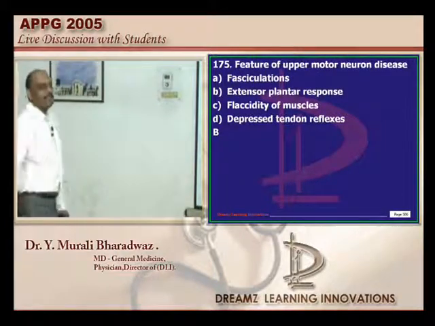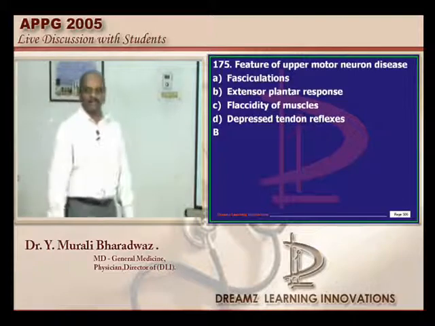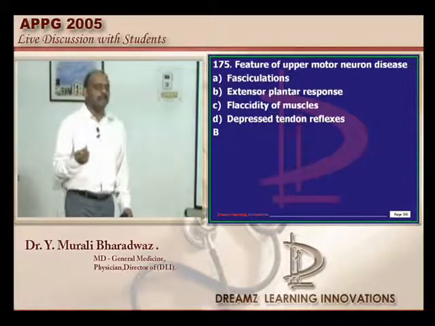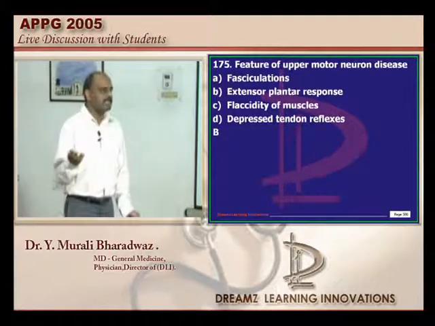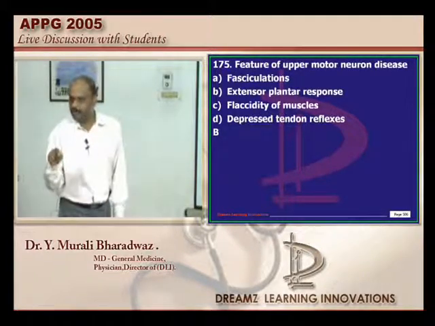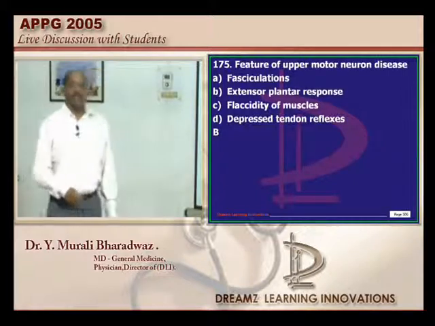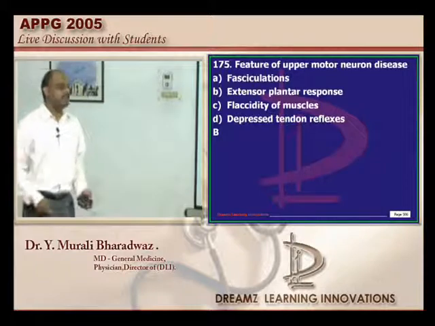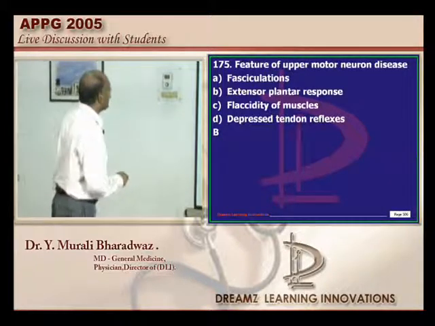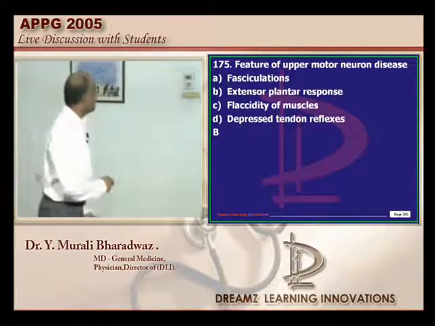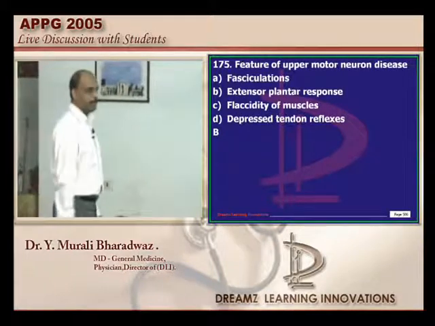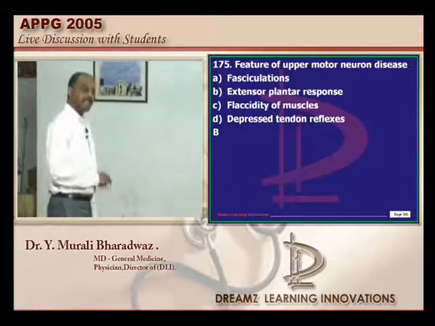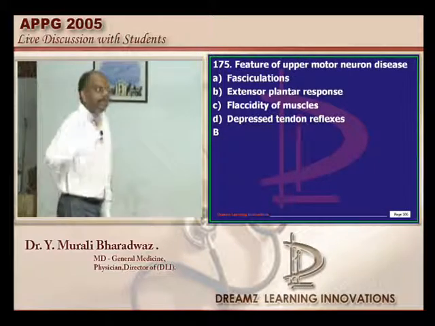Now what are the features of upper motor neuron disease versus lower motor neuron disease? Fasciculations, wasting, diminished DTR and absence of any Babinski. These are all the features in the case of lower motor neuron disease. Whereas in upper motor neuron disease, spasticity, increased deep tendon reflexes and the presence of the Babinski. These are all the features of the upper motor neuron disease. So flaccidity is seen in lower motor and spasticity is seen in the case of the upper motor and rigidity is seen in the case of